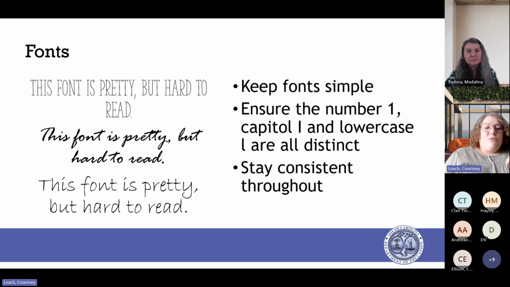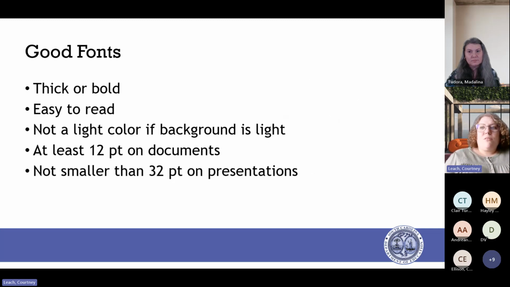And don't go crazy with using a different font on every slide or a different font in every section of text. Try to pick two, maybe three, and stay consistent with how you use those. Like I said, good fonts are thick or bold looking, easy to read.